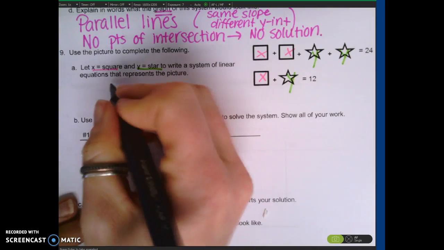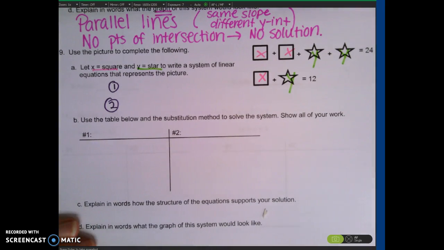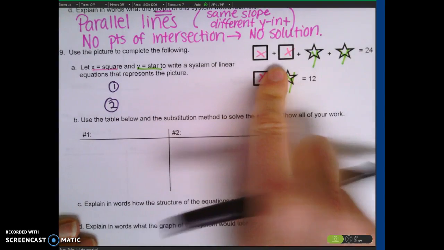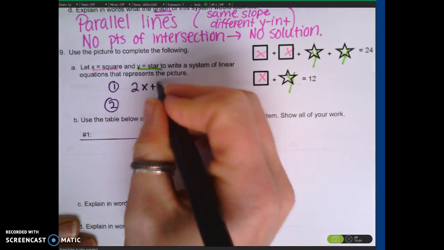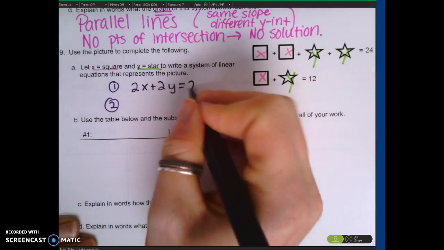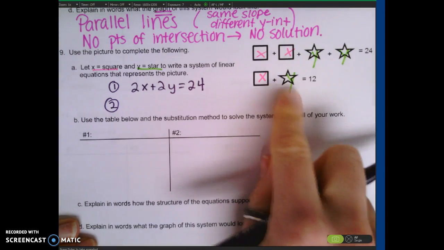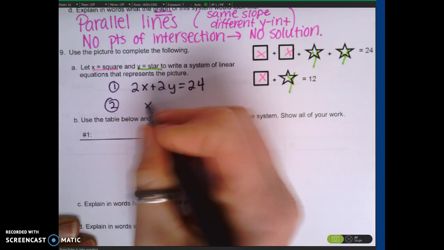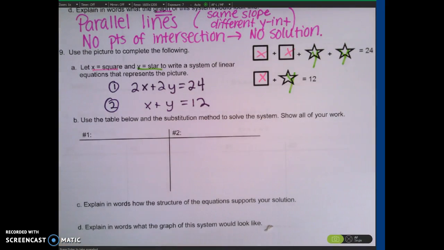Okay, hopefully we've already numbered our equations. The first one, we have 2x's being added and 2 y's, so that's 2x plus 2y equals 24. And we have 1x and 1y equaling 12, so x plus y equals 12. So now we're going to use our table below, and we're going to use the substitution method to solve the